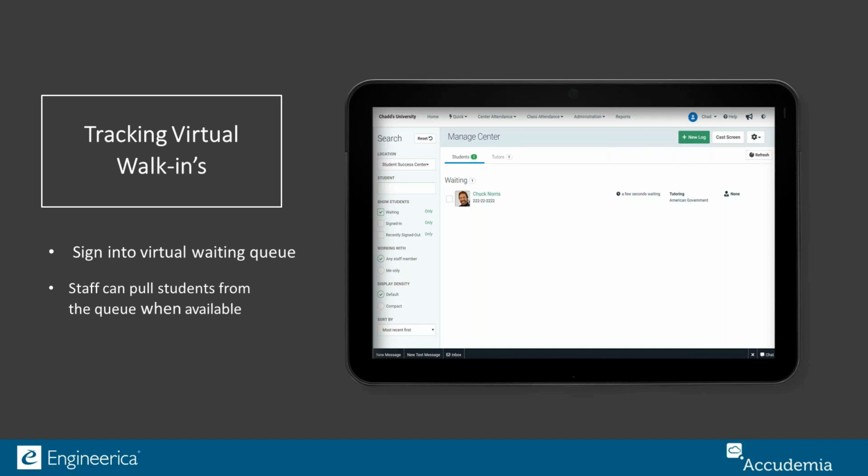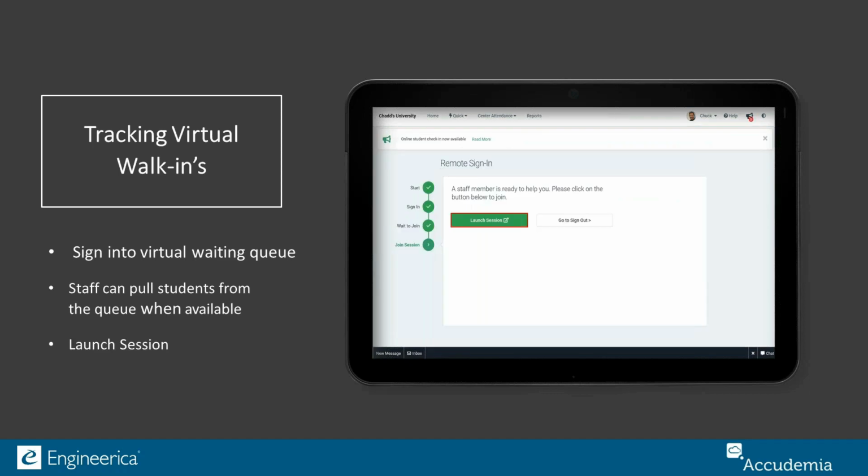Either one of them can sign the student in with themselves or sign the student in with another staff member. So today's example, I'm going to be a tutor, and I'm going to sign the student in with myself, and I'm going to show you that, again, the integration with Zoom at that point. So the student's in waiting. I'm then going to be able to pull the student from the waiting queue, sign them in with myself, and